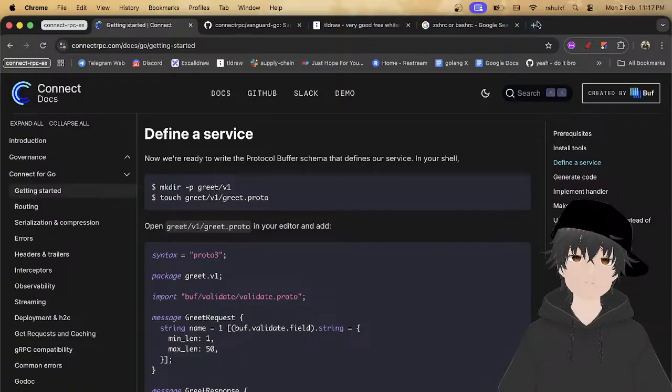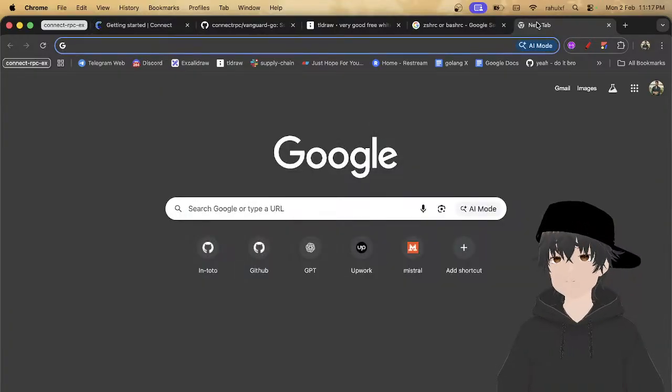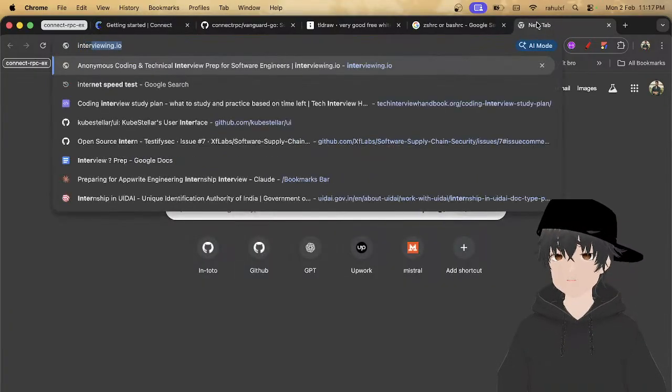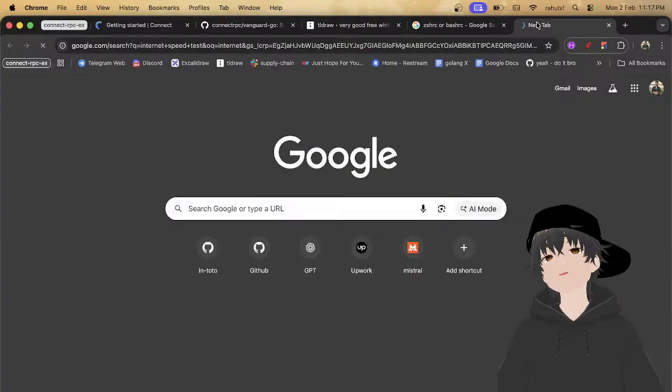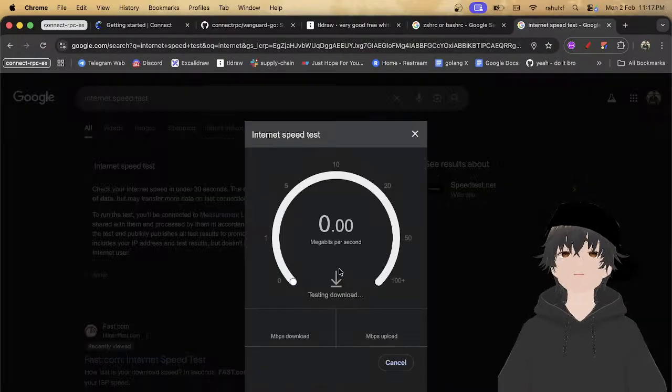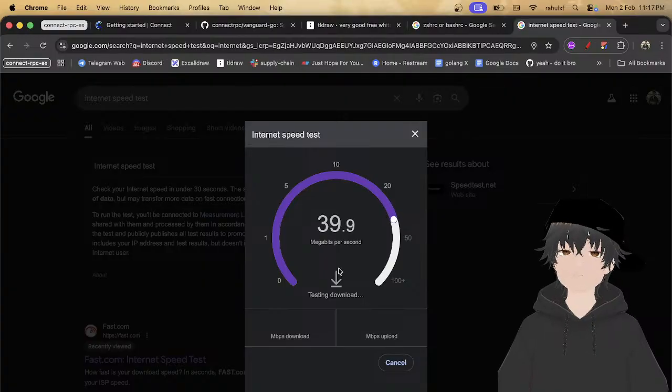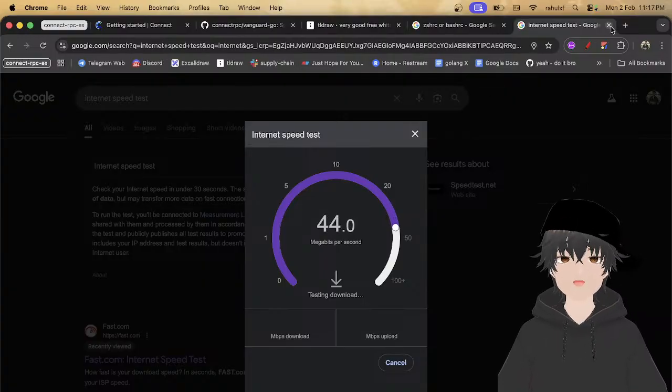Maybe my internet is running a bit slow. Running the speed test, it's around 40 Mbps.